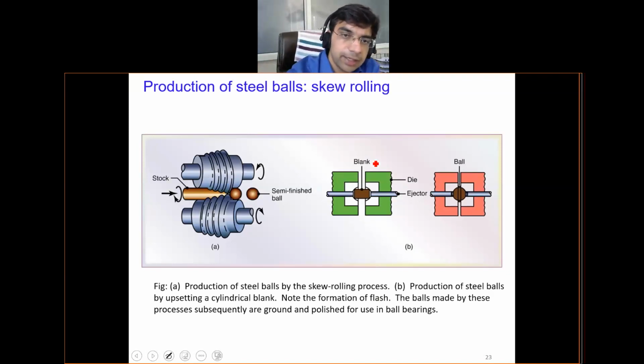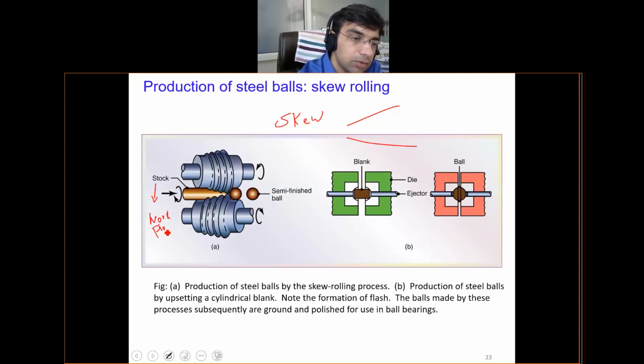Then another variant of the rolling process is the skew rolling process. As you have read, skew lines are non-parallel, non-intersecting lines. So in skew rolling, there are non-parallel, non-intersecting rolls, meaning the rolls are not parallel but are skewed. And in this case, the stock, which is an alternative name given to the workpiece,